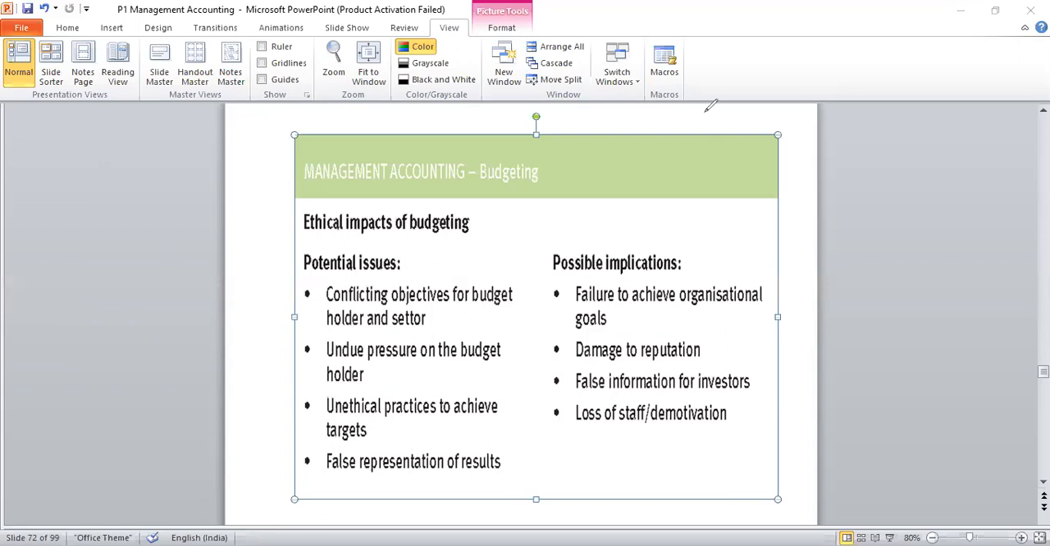They can also project false results. Okay, false representation of results also can be a possibility. Then the possible implications are,